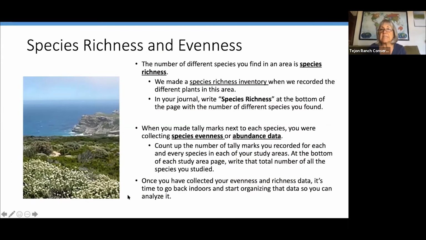Okay, so back to this idea of species richness and species evenness. The number of different species in an area is its richness. So when you've created what I showed you, a species richness inventory where you recorded the different plants in the area, you're going to write down in your journal "species richness" at the very bottom of the page,